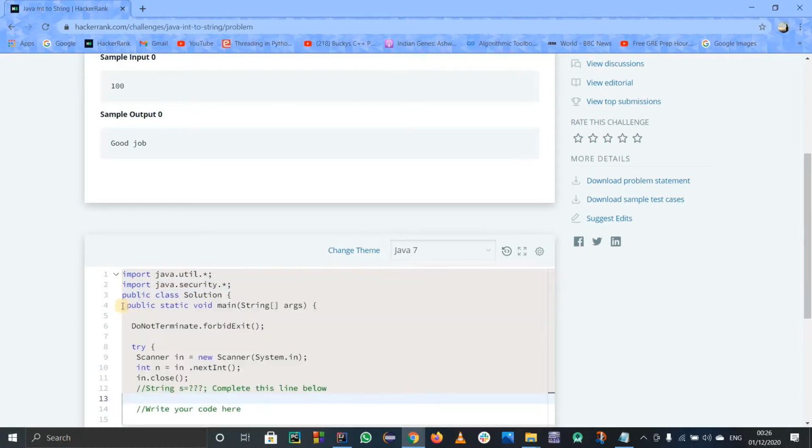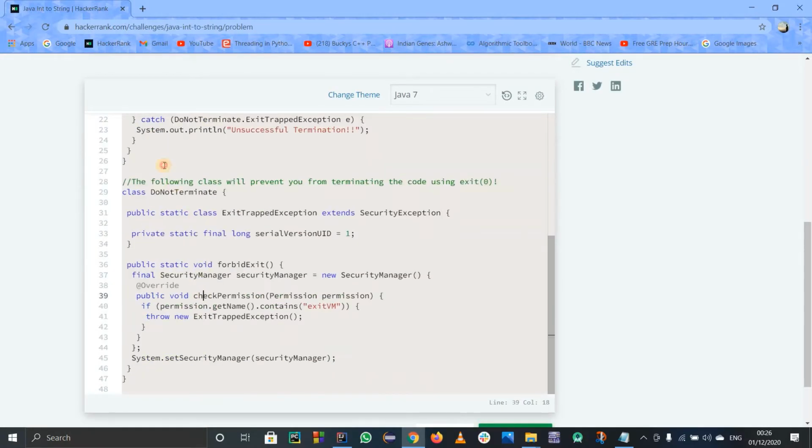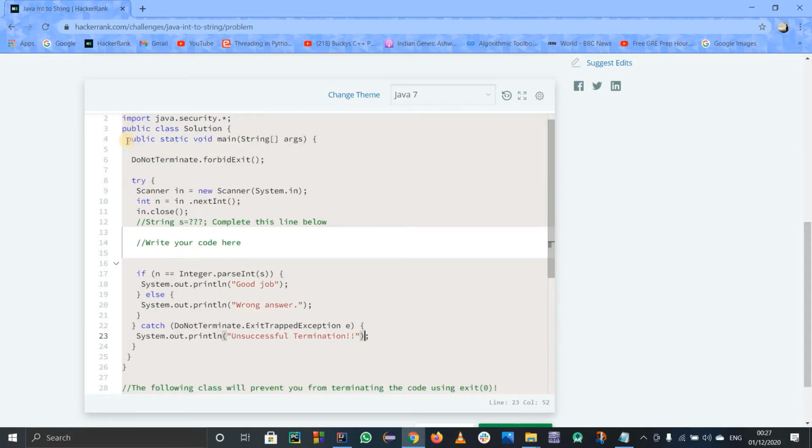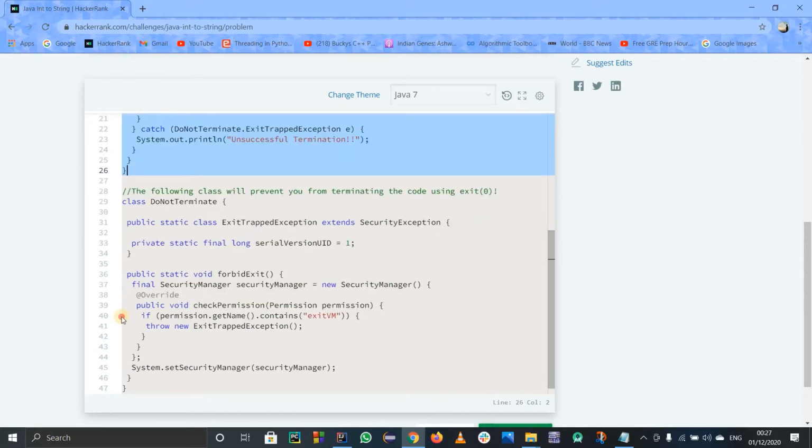See, they have predefined some code for us. If you select it and hit backspace, you basically cannot erase it. Why? Because it is predefined and you cannot change it. That's it. So let us do one thing. If you cannot change it, you'll have to understand what is happening. So I'll do one thing.